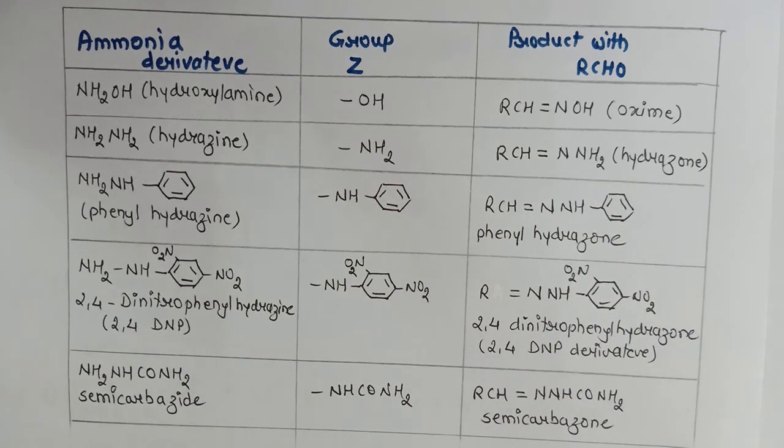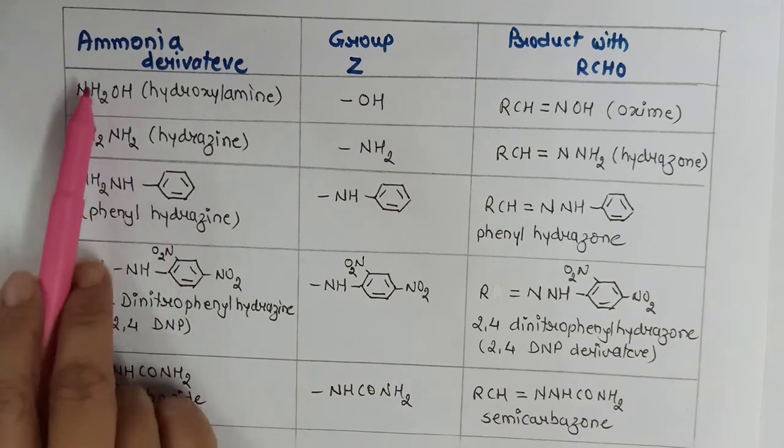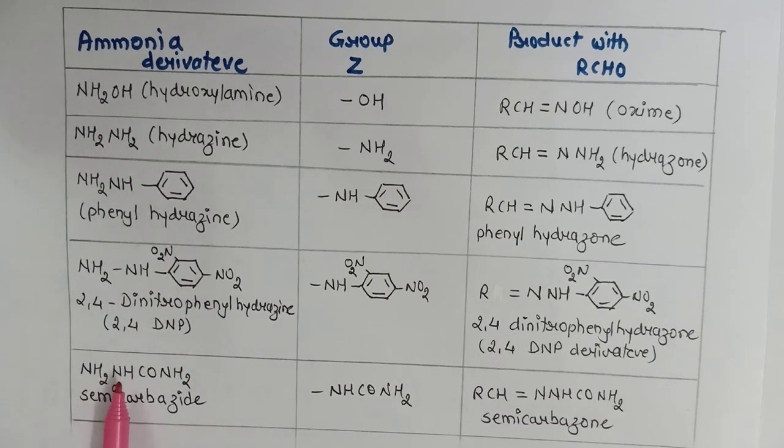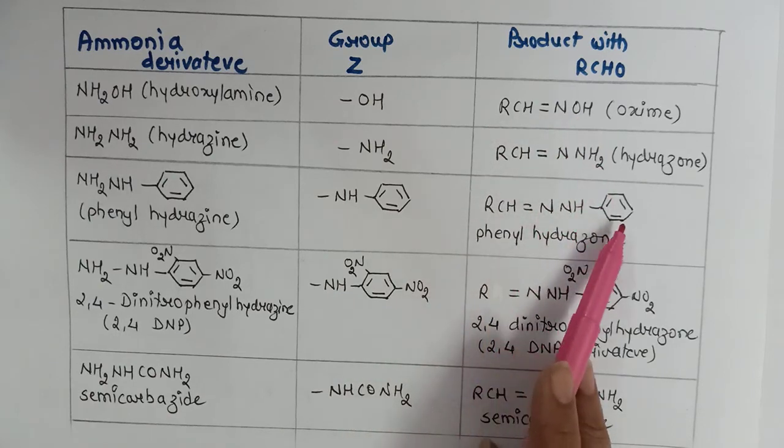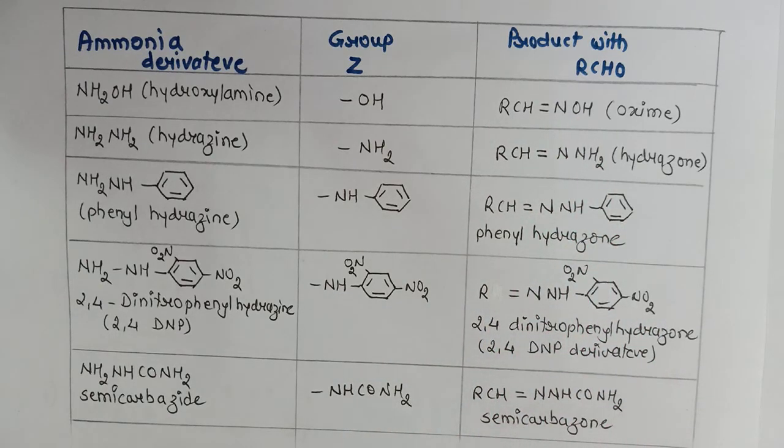Now there is a very simple trick to remember all these products. If you remember the formulas of these reagents, we can easily write the product. We know that in carbonyl compound, carbon is attached to oxygen with a double bond. Simply you have to remove the double bond and write the name or the formula of the reagent, and automatically you will get the formula. So this table will help you to memorize all these things in one nutshell. The remaining reactions we will be discussing in the next part of the video.